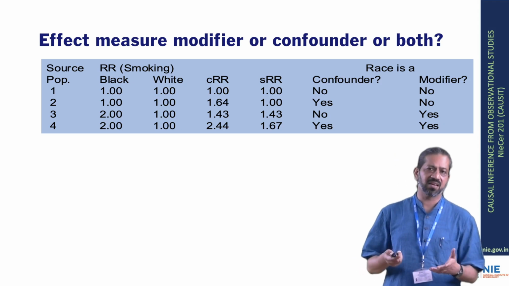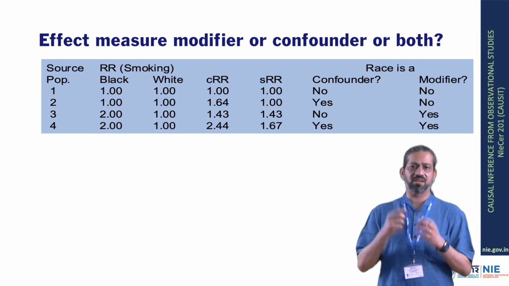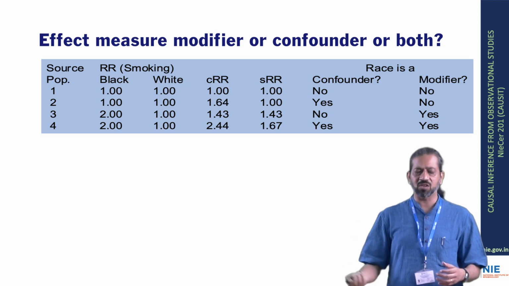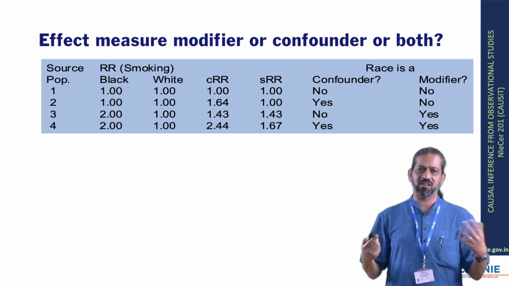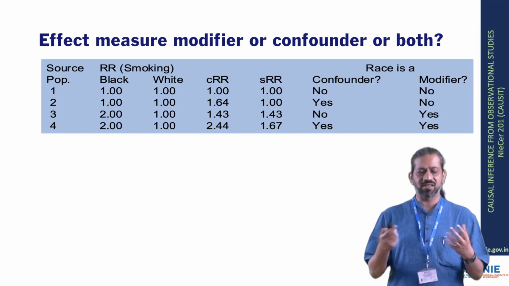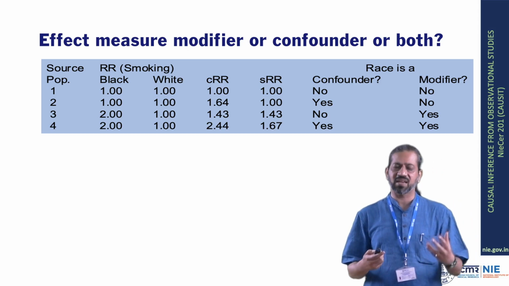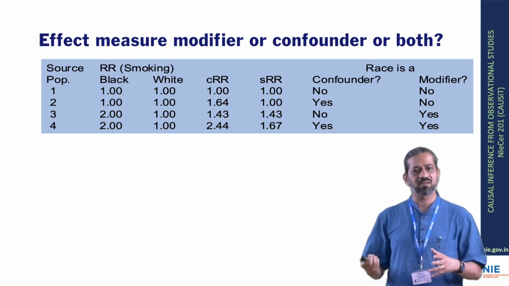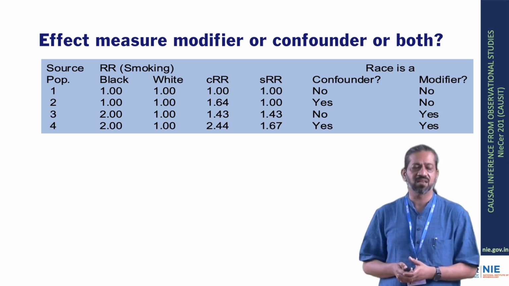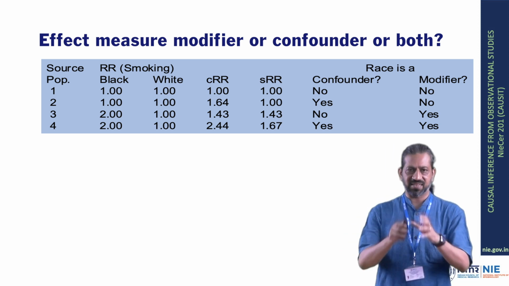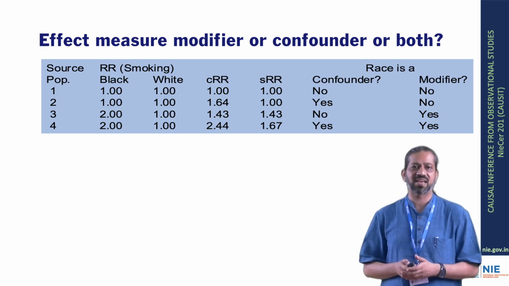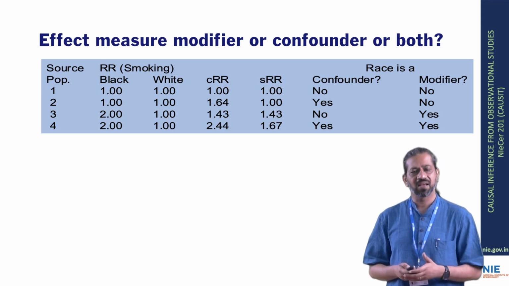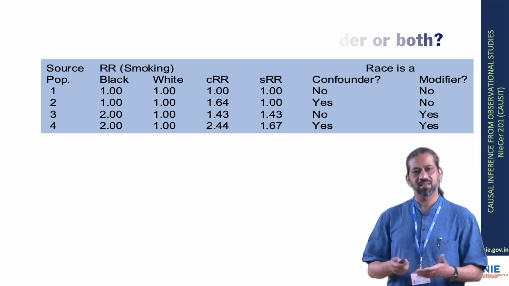So what we're trying to say here is that it is not necessary that if a particular third factor or a particular extraneous variable is a confounder, it cannot be a modifier, or if it's a modifier, it cannot be a confounder. Any of the combinations is possible in that the third factor can be both, can be neither, or can be either a confounder or a modifier. For the purpose of simplicity, we have not looked into the statistical difference here, but this is just an illustration to show how a third factor could behave as a confounder and a modifier, and how you would go about identifying each one of these.